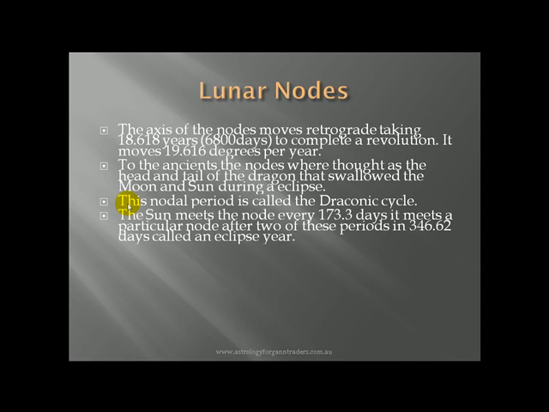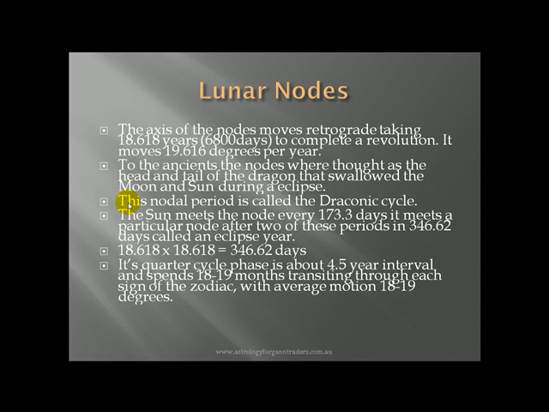The sun meets the node every 173 days, and it meets a particular node after 2 of these periods in 346 days, also called an eclipse year. 18.618 squared equals 346.62 days. Its quarter cycle phase is about a 4.5 year interval and spans 18 to 19 months, transiting through each